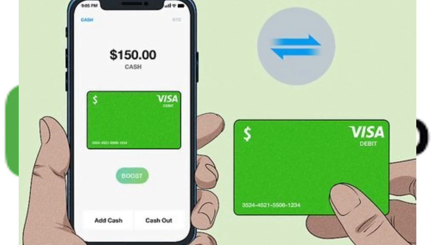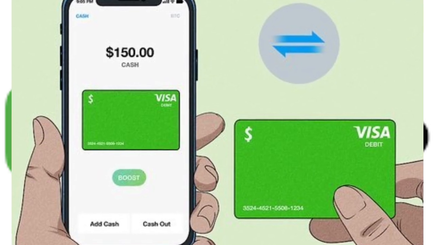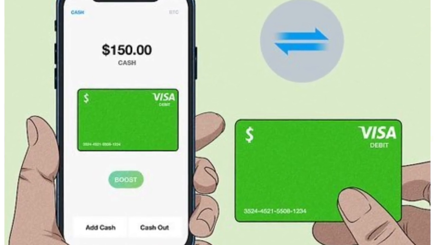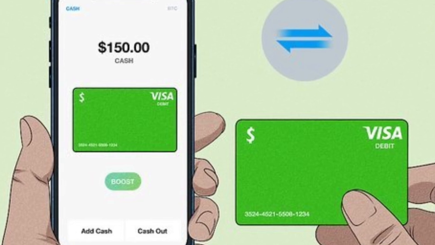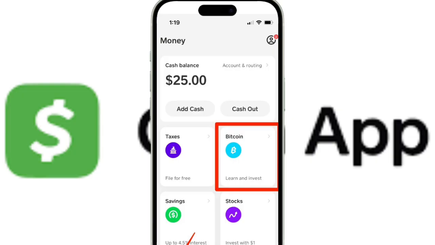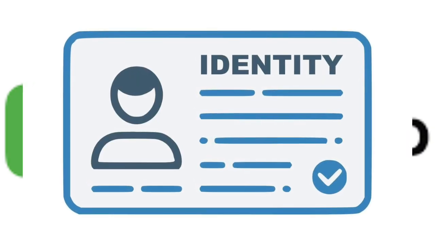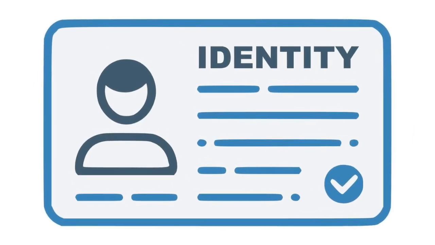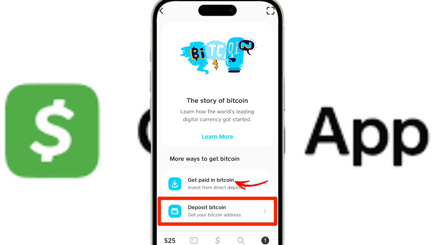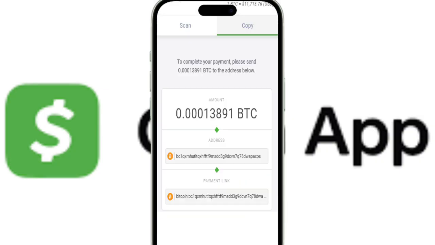Order a cash card if you haven't already, as having an active card is now a mandatory requirement to unlock the full direct deposit and Bitcoin features. Navigate to the Bitcoin tile within the Money tab and ensure your identity is fully verified to enable the Paid in Bitcoin functionality. In the Bitcoin section, tap Get Paid and select the exact percentage of your paycheck that you want